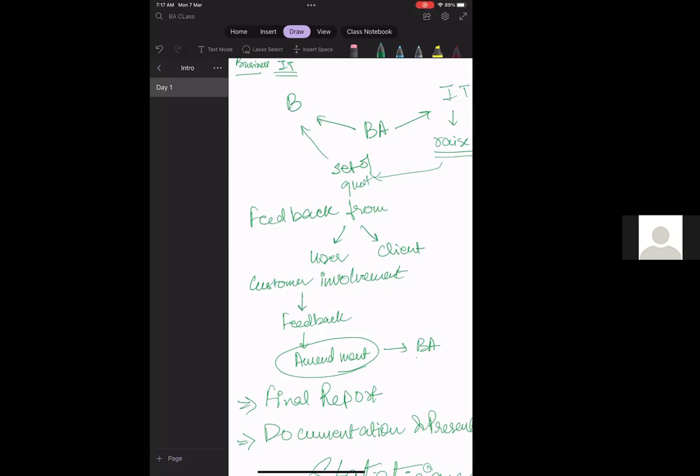Suppose there is one software, say, a dating app, and a client wants a new dating app. What was done in the past, and what feature can be added, will be asked of the user. Anything that they want that is missing in the past report, and how we can predict the future, is actually done by the BA. That is the role of the BA: to understand both history and future, past and future, and then present it to the client or the stakeholder.